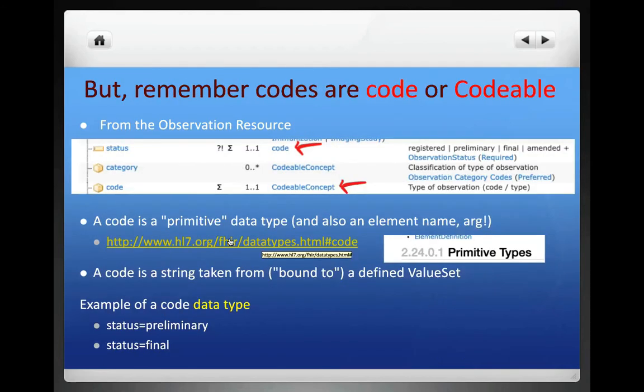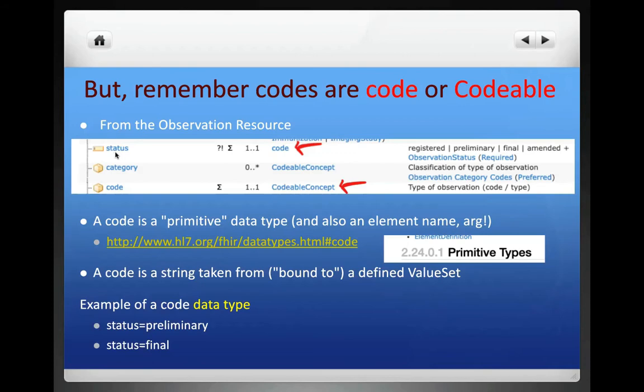Remember that codes can either be a code or they could be a codable concept. So let's go take a look at the difference between the two. We're going to look at the structure of an observation resource, and we're going to demonstrate this by example. So here you can see